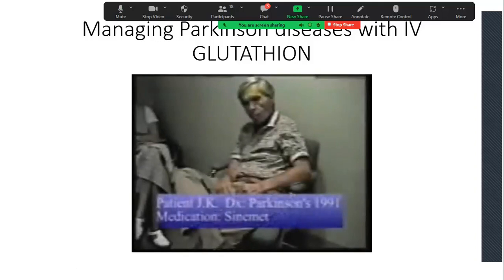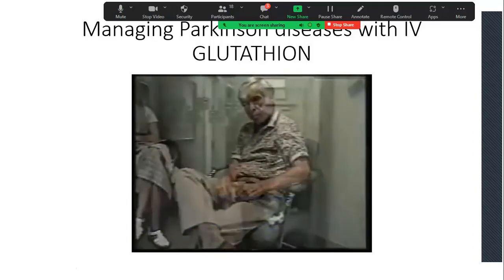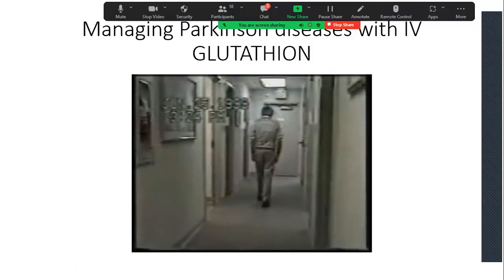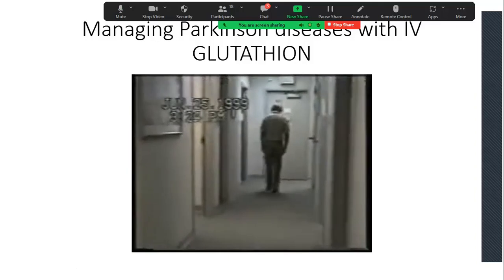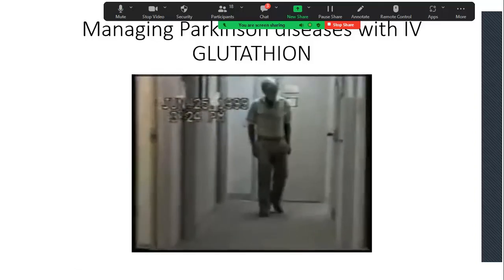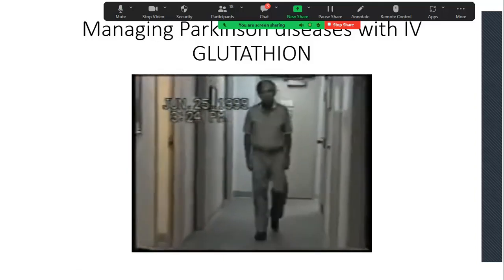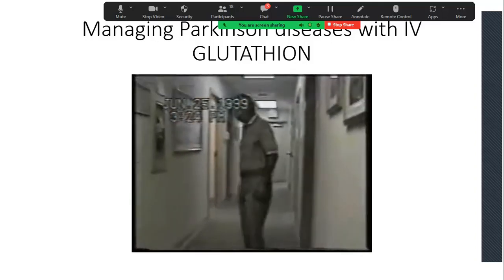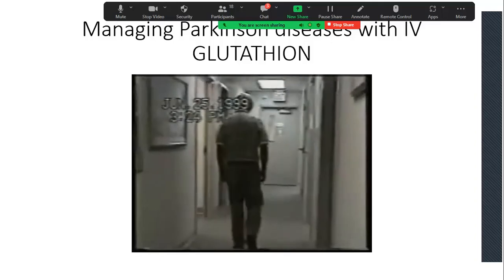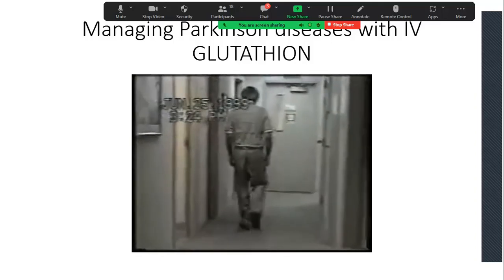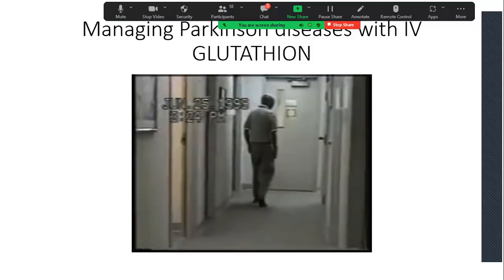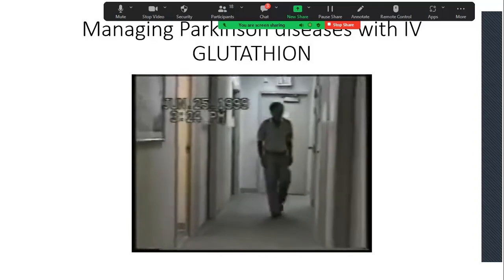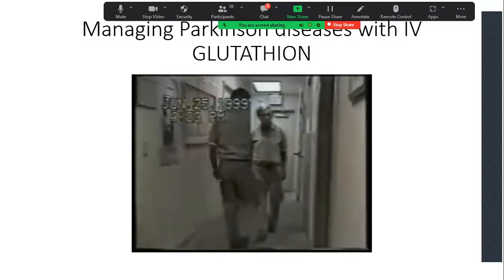The next patient was diagnosed with Parkinson's disease 8 years before receiving glutathione. At the time of his initial evaluation, he was taking Sinemet. The patient appears to be ambulating fairly well, but one cardinal feature of Parkinson's disease is quite readily apparent, and that is the lack of associated arm movements of ambulation, his arms essentially appearing to be glued to his sides. The patient does turn 180 degrees without significant difficulty, but it's interesting to note that there's a remarkable loss of